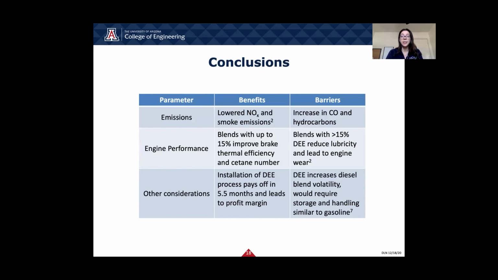The overall goal of our project was to devise a method to manufacture a renewable fuel additive in a cost-effective way without impacting engine performance. While DEE went above and beyond the parameters we had set, there are still several technical barriers that would need to be addressed before the widespread usage of our product. For example, while a diesel blend with 15% DEE can lower nitrous oxide and smoke emissions, it can also cause an increase in carbon monoxide and hydrocarbon emissions. Up to 15% DEE can improve engine efficiency and combustion speed, but percentages greater than that face concerns with engine